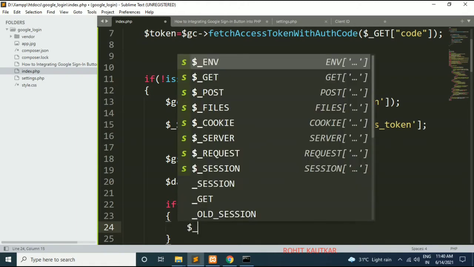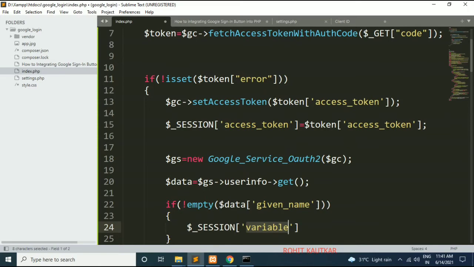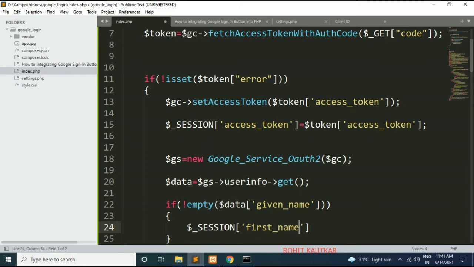So let's say $_SESSION, and I will create a variable, let's say first name, and we will assign data given name like this.